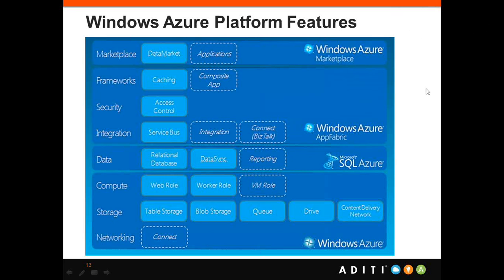Storage is to store your contents. There are 5 features available from Windows Azure. Table storage, remember it is not a relational database, it is flat table storage. Blob storage, binary large objects, to store your media, contents, files, etc. Queue, as we saw, for asynchronous communication. Drive: there is something called Windows Azure Drive, which is actually nothing but an extension of blob, where you can create a virtual drive. You can consume it as if you are using a drive on your local machine, like D colon, wherever you want to create raw files, and just make use of this drive.